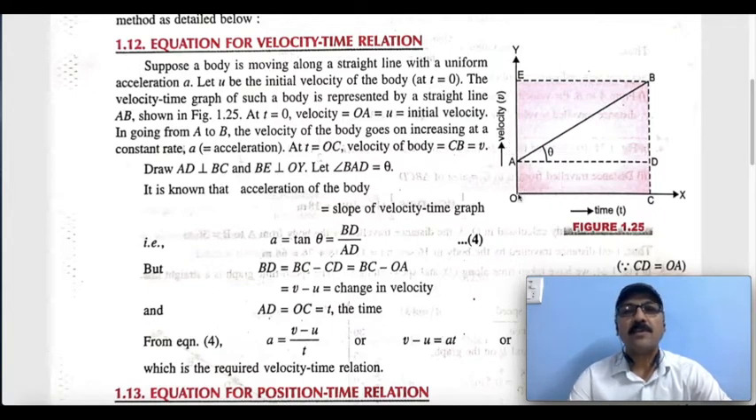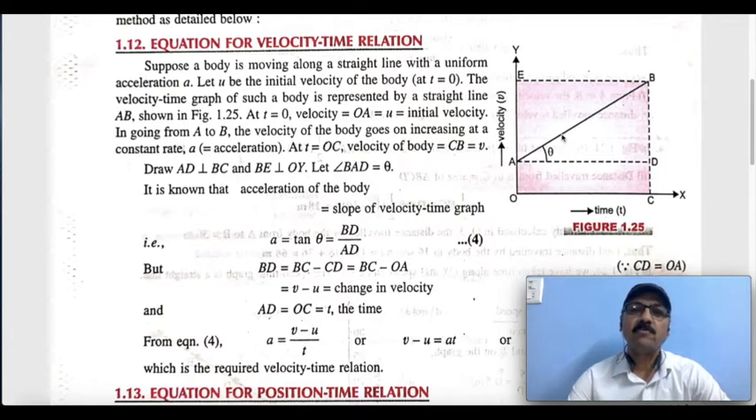Let the initial velocity in the OA portion be u, and the final velocity after time t, at E, be v. On the x-axis we have taken time, so OC or AD is the time t here. The straight line AB represents the acceleration, because this is the velocity-time graph. This is called the slope. In the velocity-time graph, the slope is called the acceleration, and in the displacement-time graph, this slope